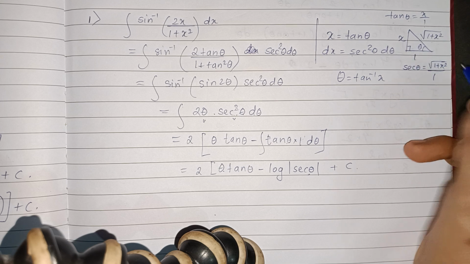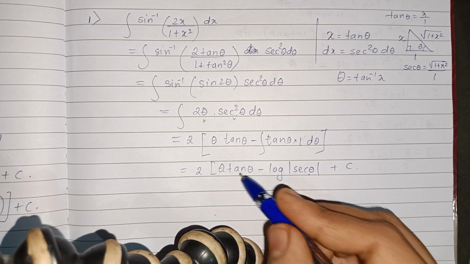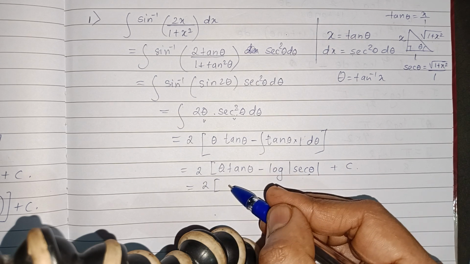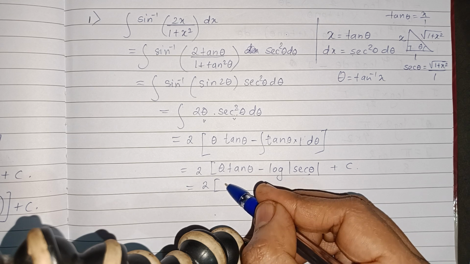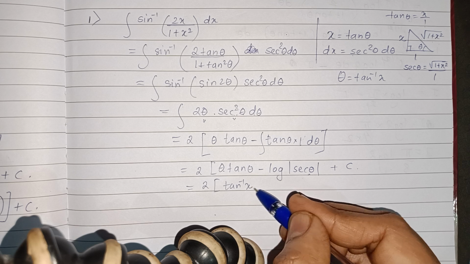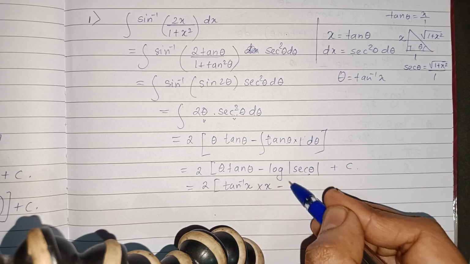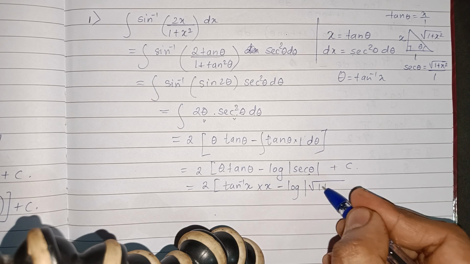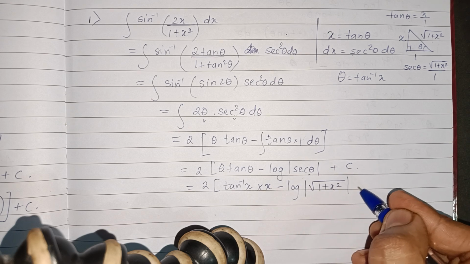So root of 1 plus x square. So in place of sec theta, you have to use that. Theta is tan inverse of x into x minus log sec theta, which is root of 1 plus x square, plus